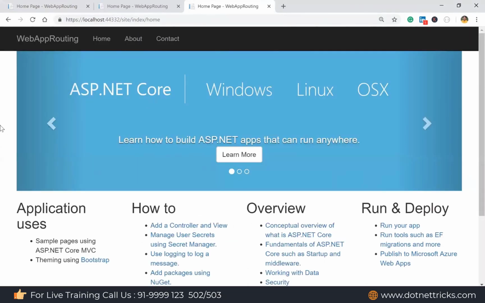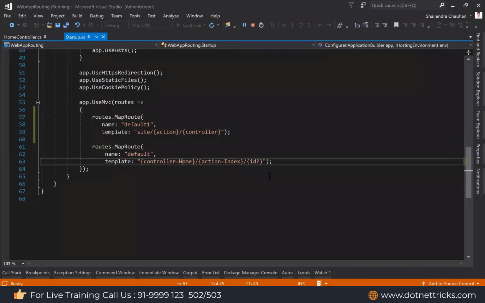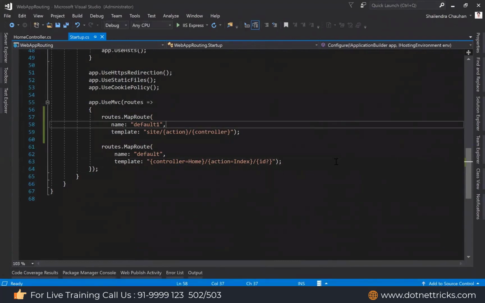So this is also the same page we are accessing, but this time we are following a different route. It's up to you what route you follow, and as per the route you have to pass the parameters as well.